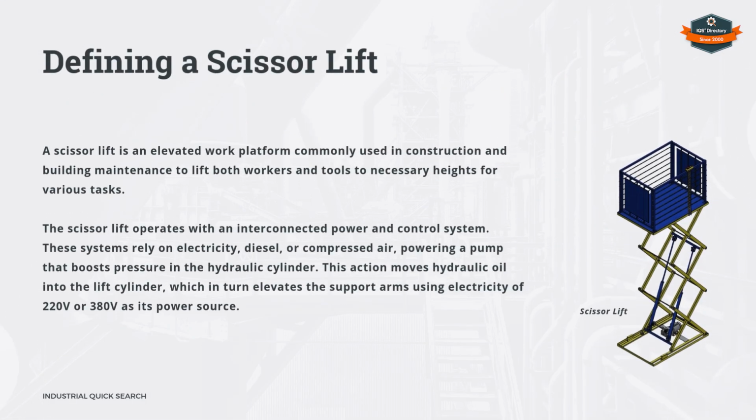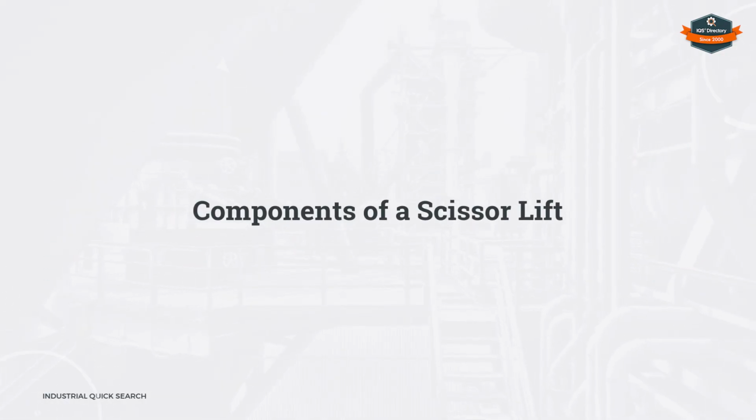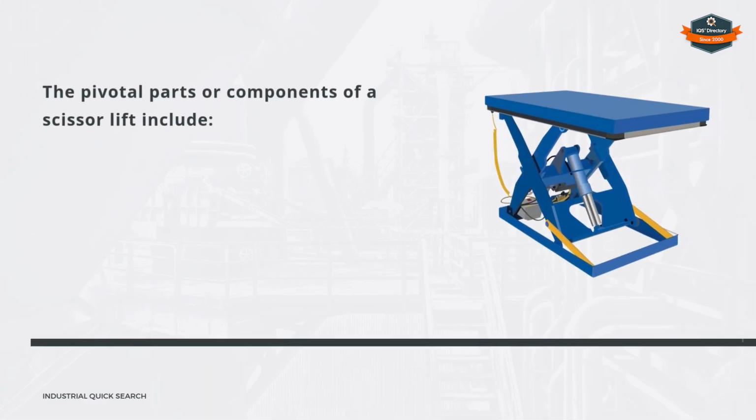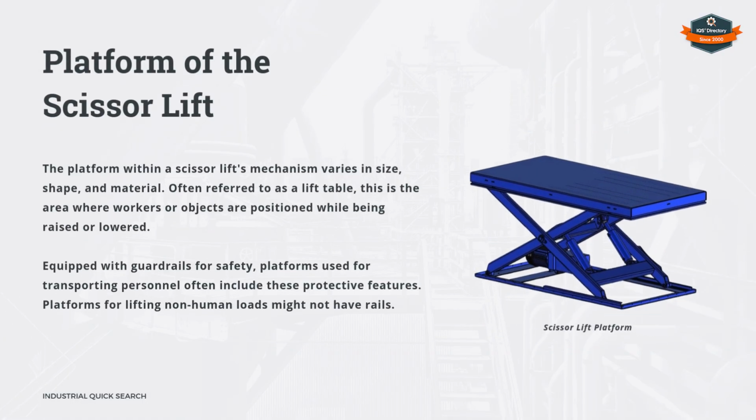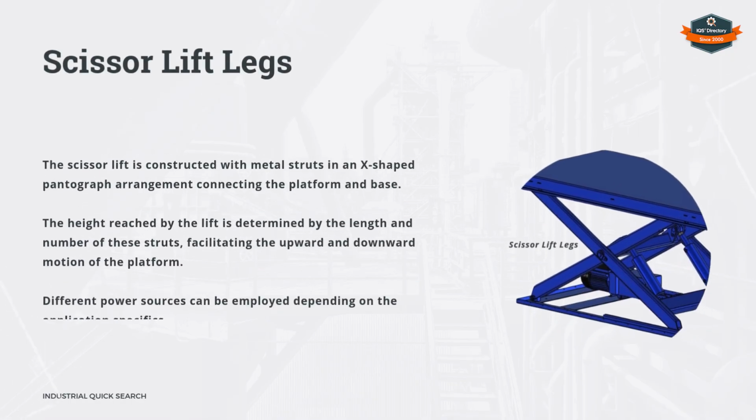Defining a scissor lift. Components of a scissor lift. The pivotal parts or components of a scissor lift include platform of the scissor lift, scissor lift legs,